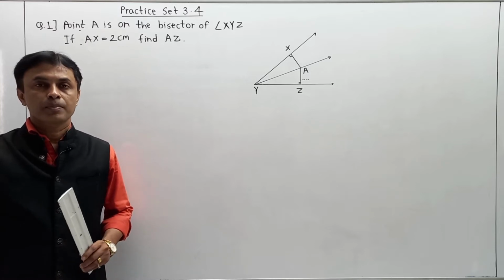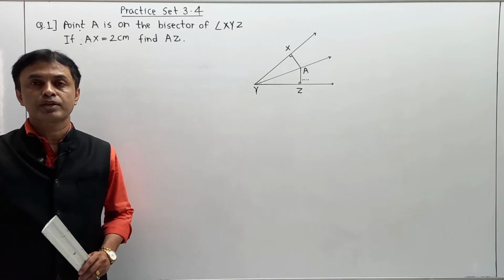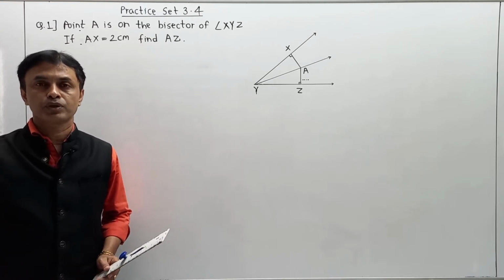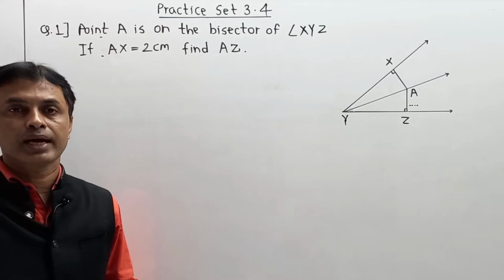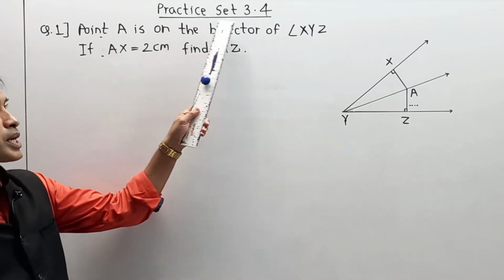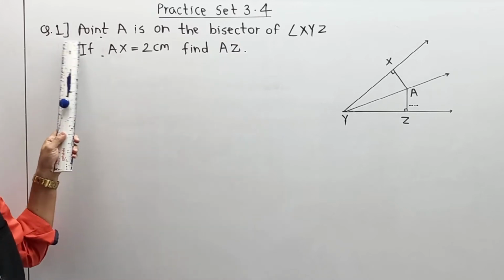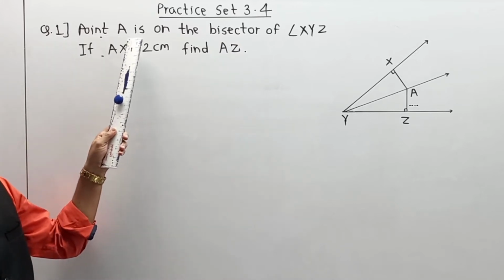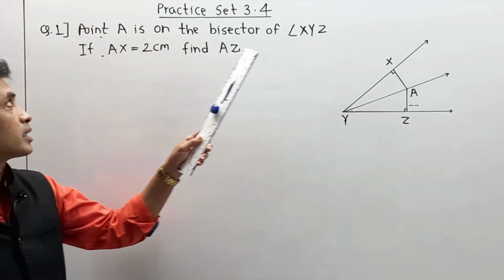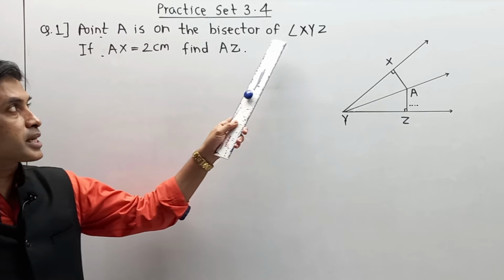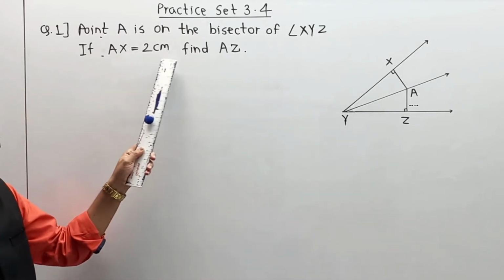Now, the perpendicular bisector theorem, the angle bisector theorem and all correlated properties are used in the solutions of practice set 3.4, so please pay attention one by one. First of all, we are going to start practice set 3.4, question number 1: point A is on the bisector of angle XYZ. If AX is equal to 2 centimeter,